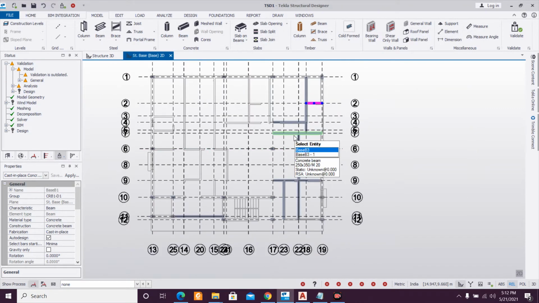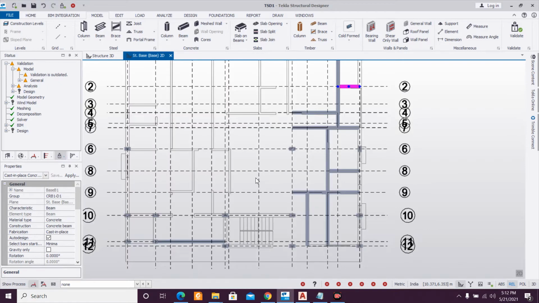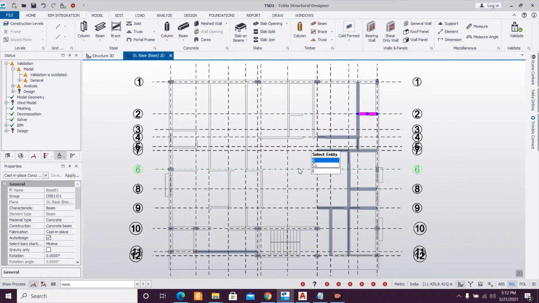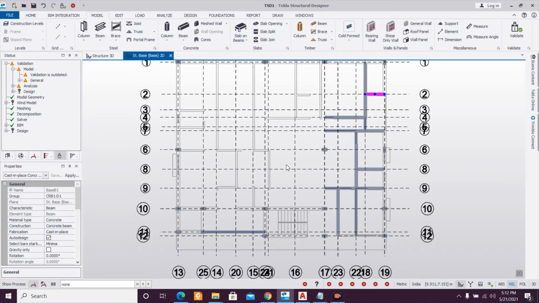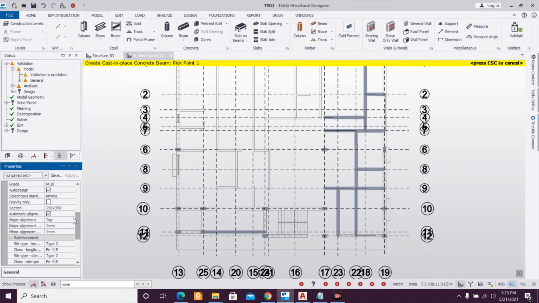So after all these are pinned, now we can do the remaining things. Main beams. So select the main beams here, and I will go with the size. Okay, I have not defined the size.